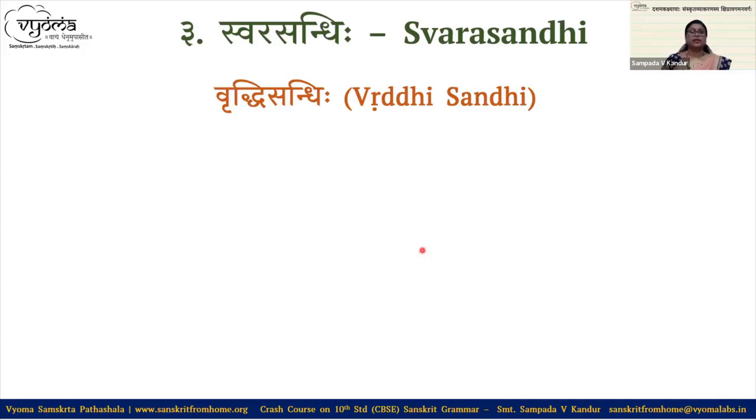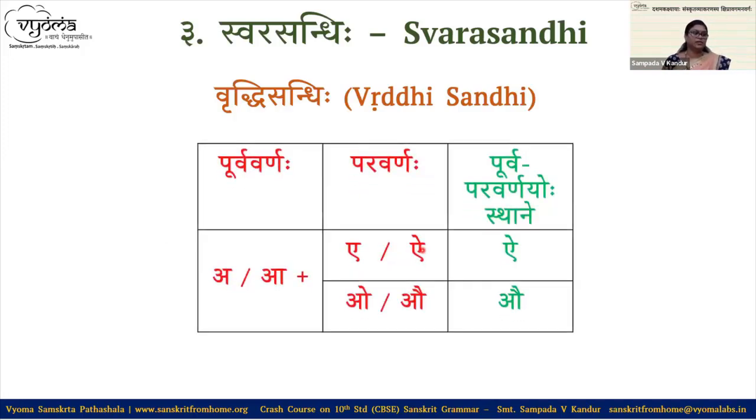This is Guna Sandhi. Extension of Guna is Vriddhi. Okay. In Guna Sandhi, what we have got? A and O we got. Vriddhi is extension of that Svara. So A changes to I, O changes to Au. That is Vriddhi. But here again, what is the rule?